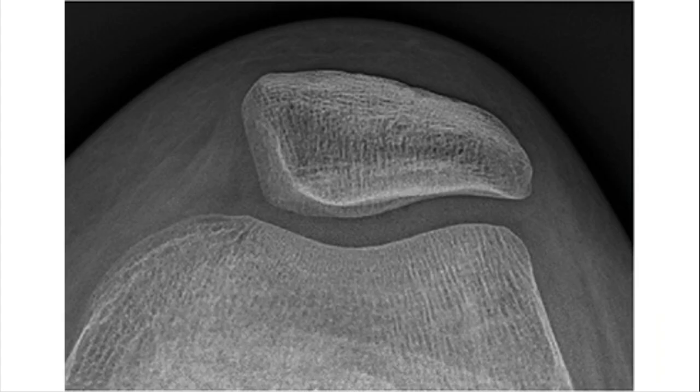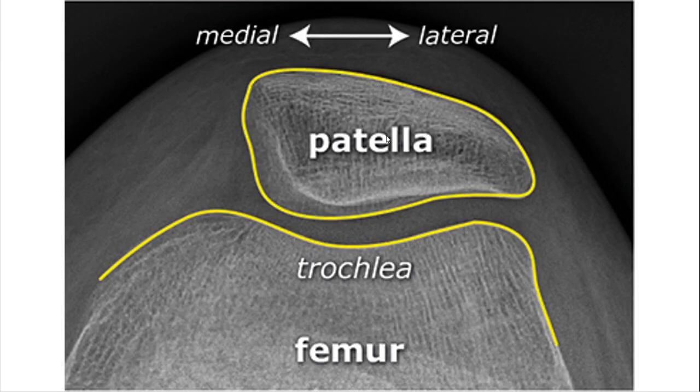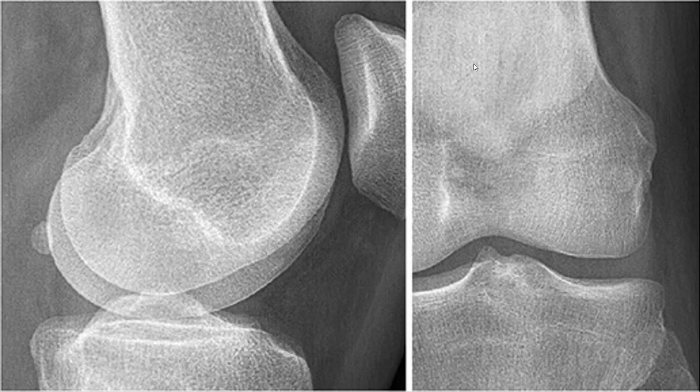Now if I show you this view, here you can clearly see the patella, lateral condyle of femur, medial condyle of femur, lateral part of posterior articular surface, medial part of posterior articular surface, and anterior non-articular surface, right? So this is the lateral condyle, the medial part of the patella, and the lateral part of the patella, right?